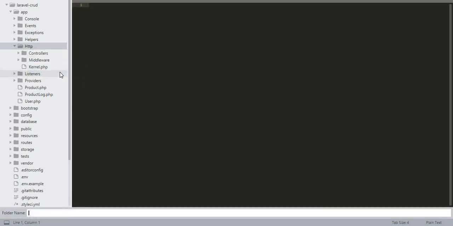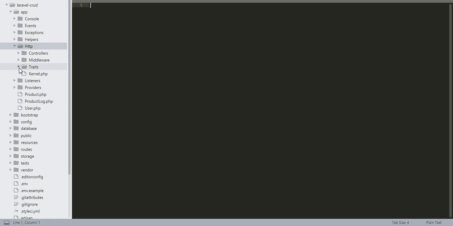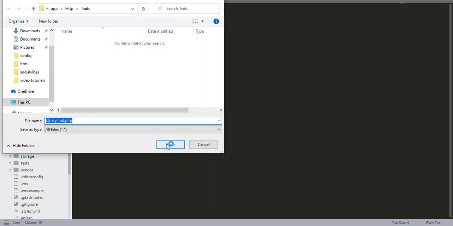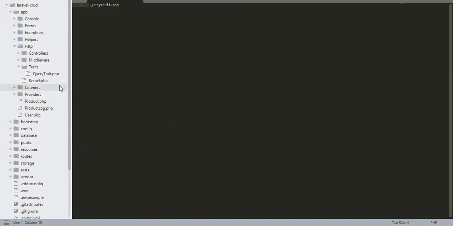Then we are going to create a new file, QueryTrait.php, and save it. So we have created our folder inside app http, and then one file called QueryTrait.